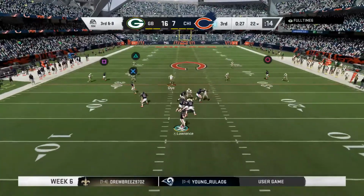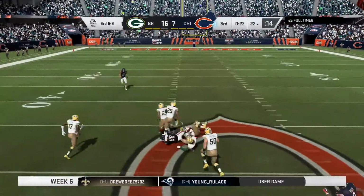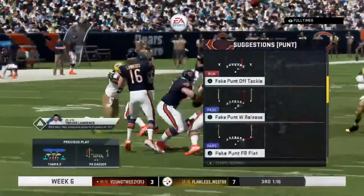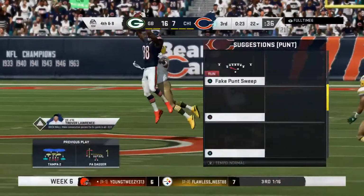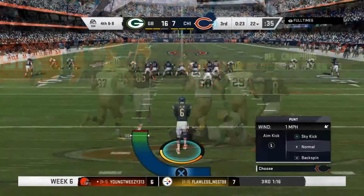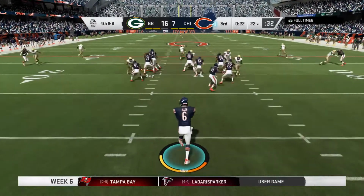Off the play fake, Lawrence airing it out, looking for Ridley. And that will be incomplete. This defense is continuing to contest every deep ball that is thrown downfield. And look, it doesn't matter whether you're playing man or zone. Eventually that becomes man on man. And you've got to trust yourself and go up at that moment of truth and make a play on the